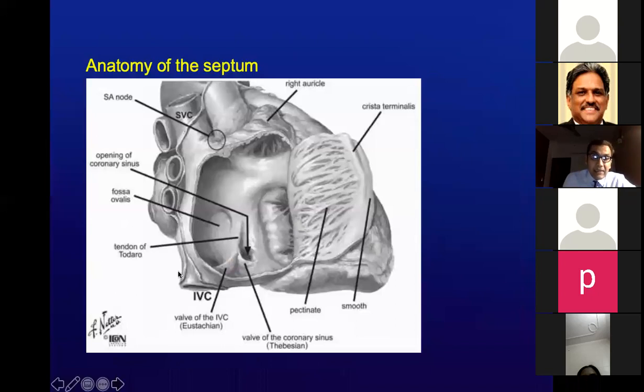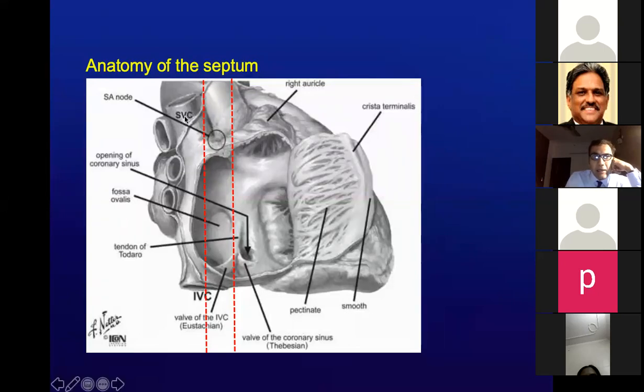We did discuss the interatrial septum in certain detail. This is again an RAO view of the same, along with the right ventricle. Again, if I have to ask you, where is my pointer right now? Imagine you are anterior on RAO. So you are probably in the ventricle. And if you want to see where you are, whether right or left, you need to take an LAO for that. Going on, we did discuss these lines.